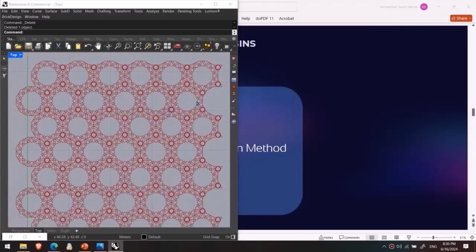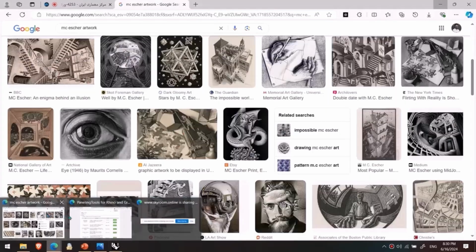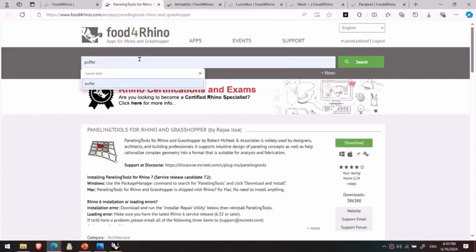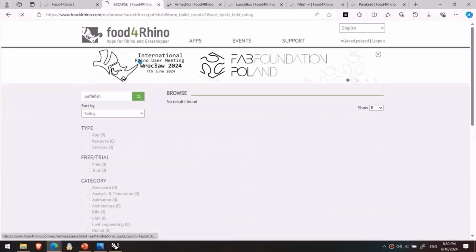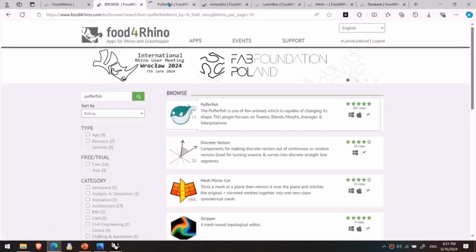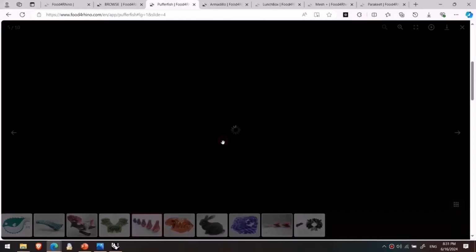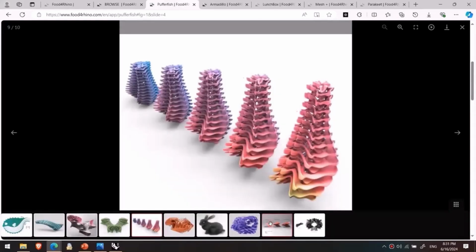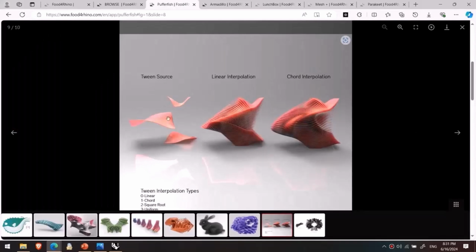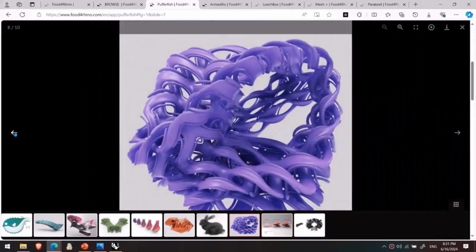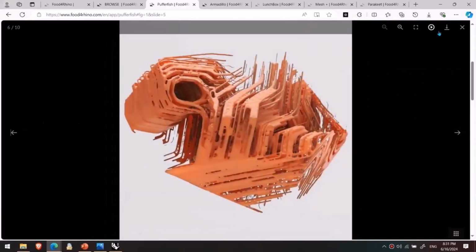All in all, we got too many tools and plugins in Grasshopper that we don't have enough time to cover all of them. Let me search for the plugin of Pufferfish, as you can see. Here it is, one of the few animals. And then let me show you some of the results that you can model using this plugin. Watch this. We just give it surfaces and then it creates these. Look,